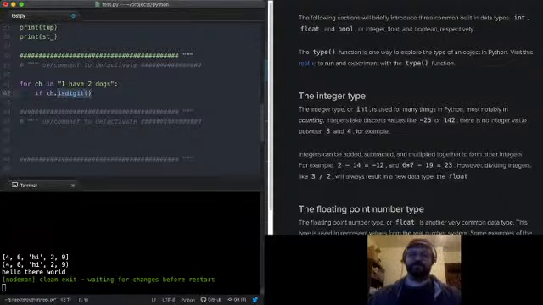So notice the digit is in reference to a character of a digit, right? It's in reference to the character. It's not a number. Digit is in this case a character that represents a number.